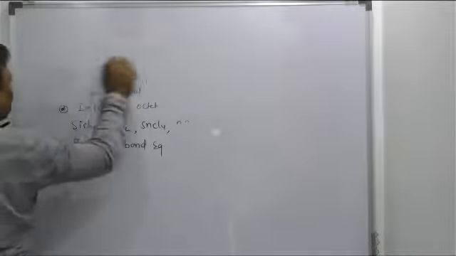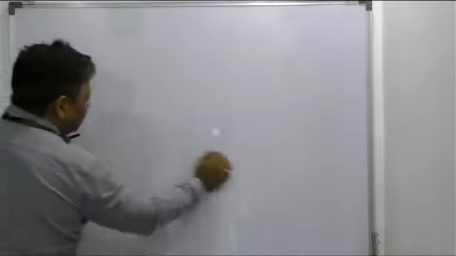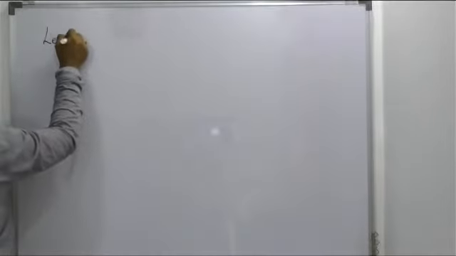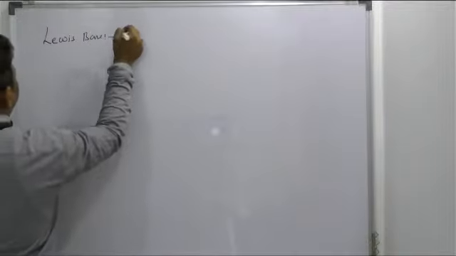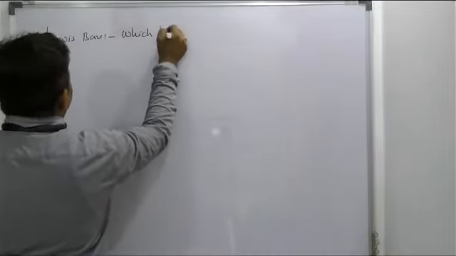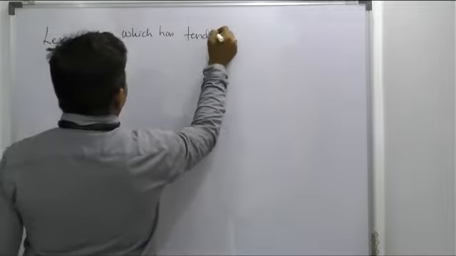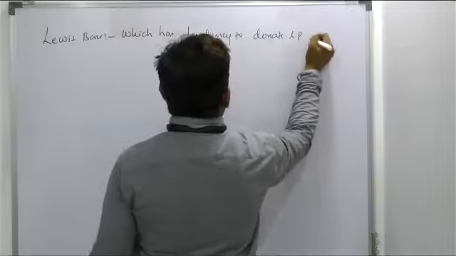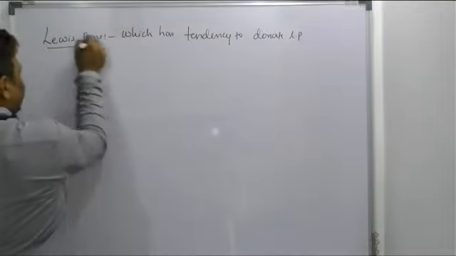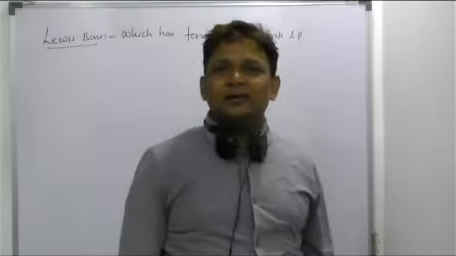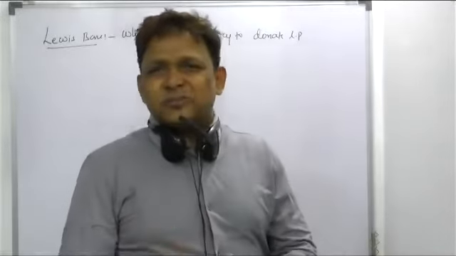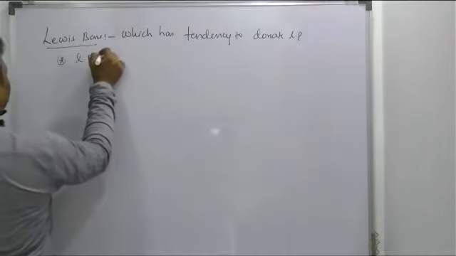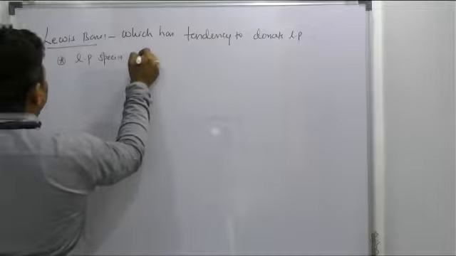Right, beta? These are the three different definitions for acids and bases. So now, according to Lewis, what are the bases? May I write, beta? Yes, sir. What is the Lewis base? Species which have a tendency to donate a lone pair are called a Lewis base. Is it clear, beta? That means can we say lone pair species will act as a Lewis base? Yes, sir. The first point was clear. Lone pair species will act as Lewis base.